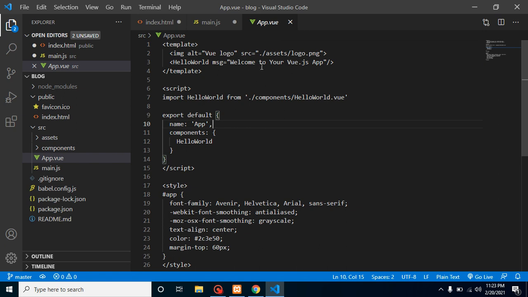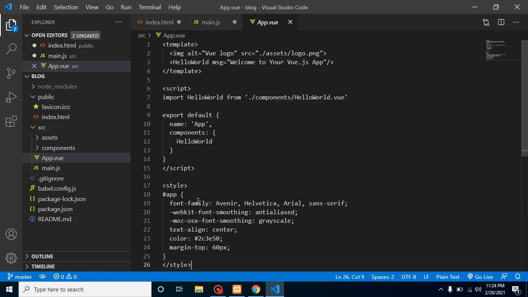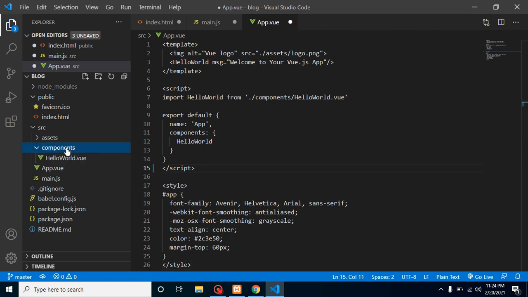All right, so this is basically a component, or you can say the top level component. In every component you will find a template, script, and some style, and the same thing is here. This is our first top level component, right? So can you start your code from here? Yes, you can start from here if you are expert level in Vue.js. If you are intermediate or a beginner, then I recommend you make your components inside the components folder, right?